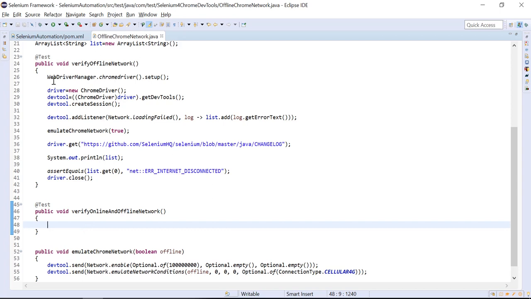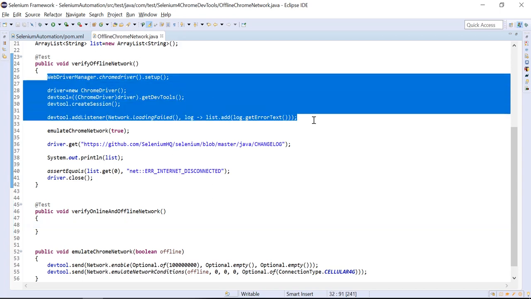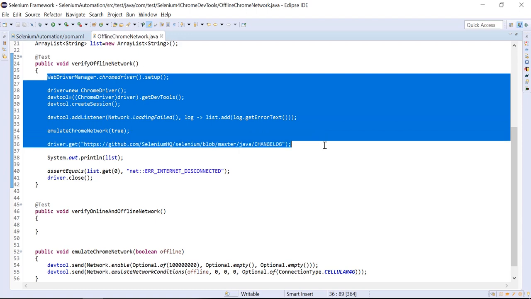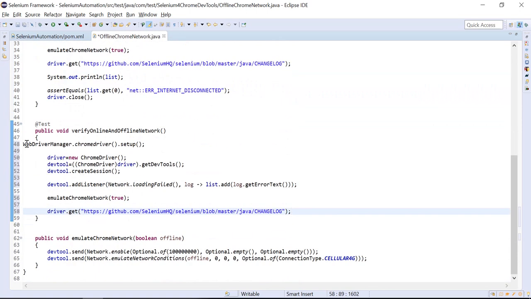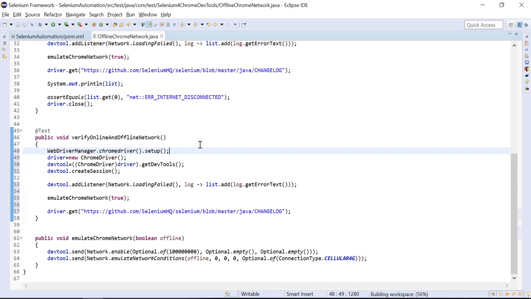So everything would be same. Let me copy paste. I am not going to change anything. So this is everything is same. Let me remove the space, and as add listener everything is fine. And first I'll talk about when network is online.